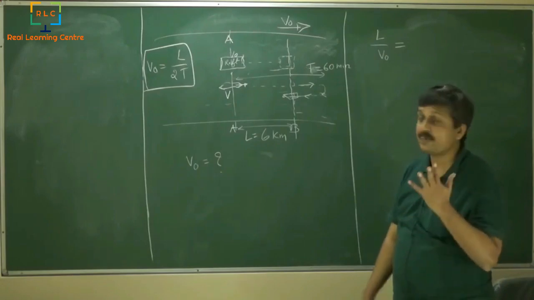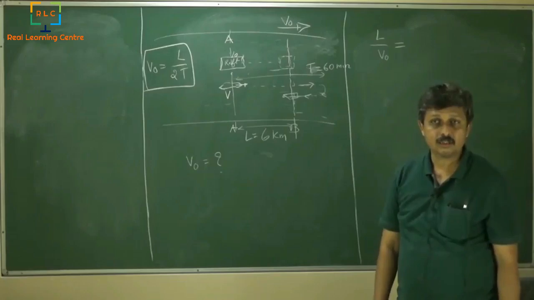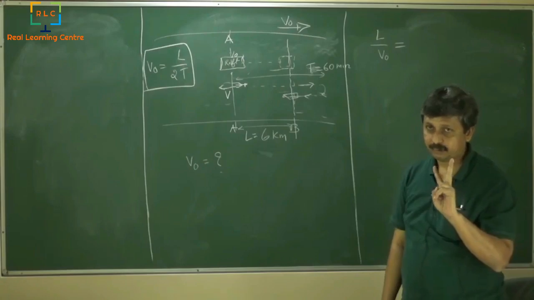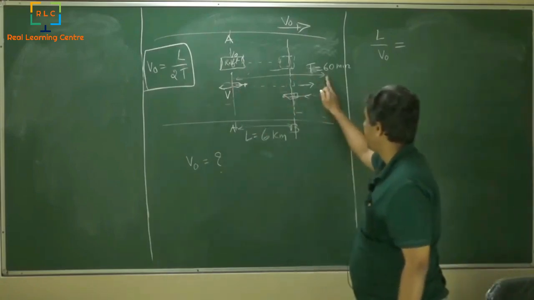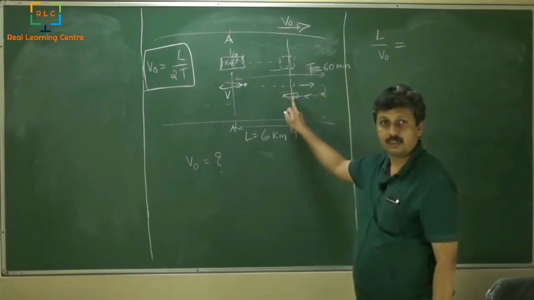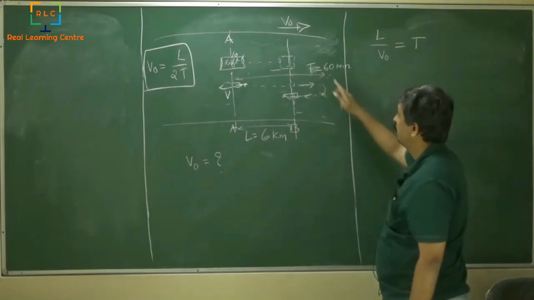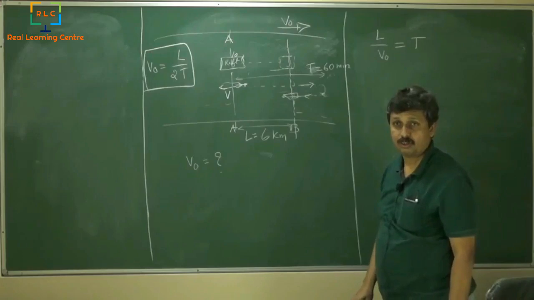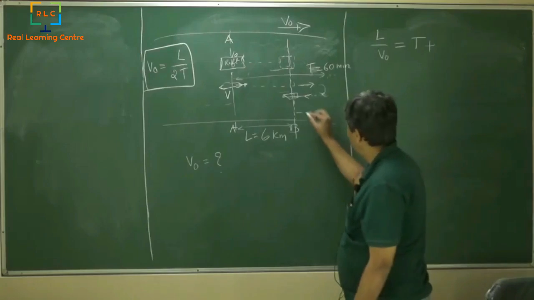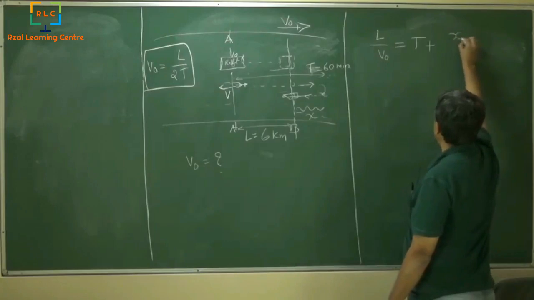Now, let us see what is the time taken for the boat to go from here to here and to come back. That will split into 2 parts: one going from here to here and then coming back from here to here. So going from here to here is T, that is 60 minutes, that they have already told us, plus the distance, I will call that x, divided by